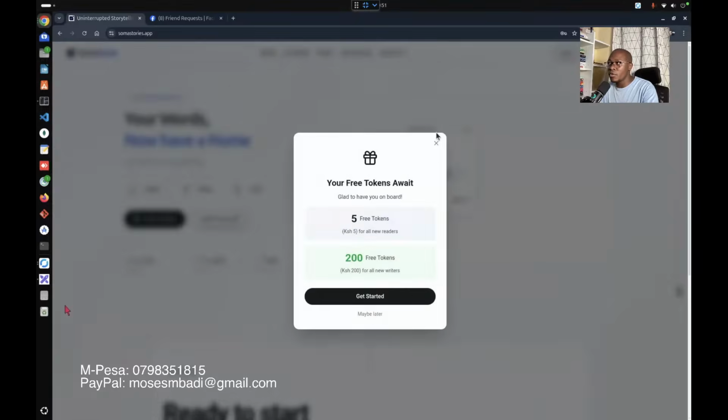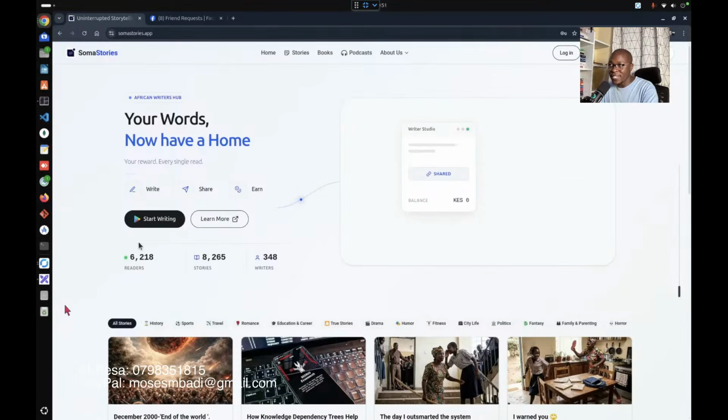Also, as you come to the home page, as you can see, I have what we call call to action buttons. These are what we call call to action. And this is the title. And here I have a small animation that shows how the entire platform works. So you write your story. This indicates somebody writing their story.